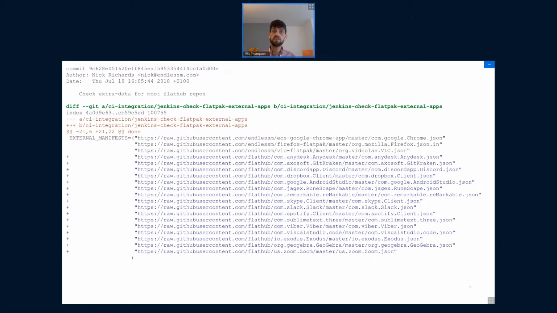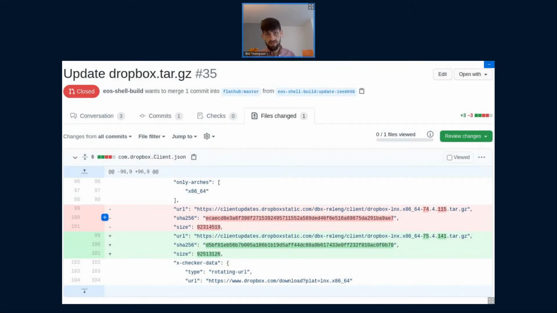At this point, the process was still the same as when it was first created. When an app needed to be updated, the dev team at Endless would get an email from Jenkins, and someone would have to go and manually update the relevant manifest file. It came to pass that I was often the one who got those emails. I got tired of doing it by hand, and I love to spend more time than is really advisable automating simple tasks. So at the start of 2019, I taught Flatpak External Data Checker to update the Flatpak manifest and